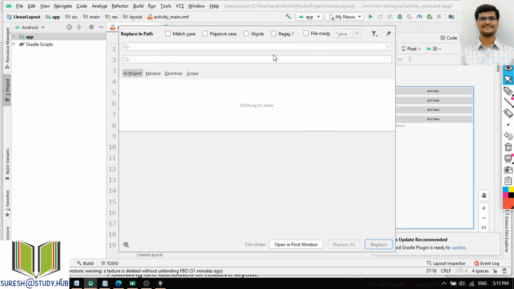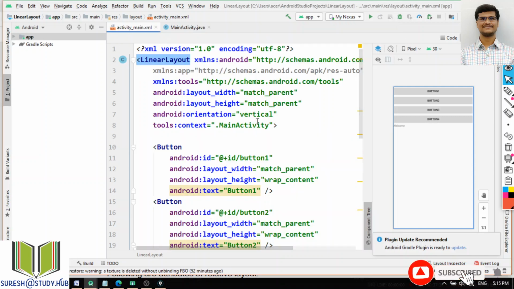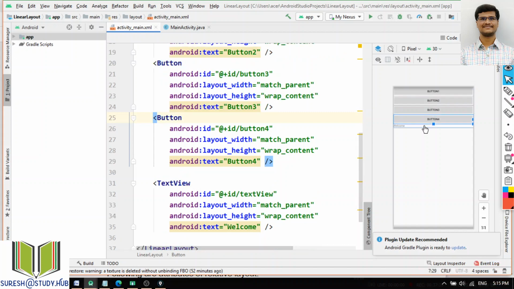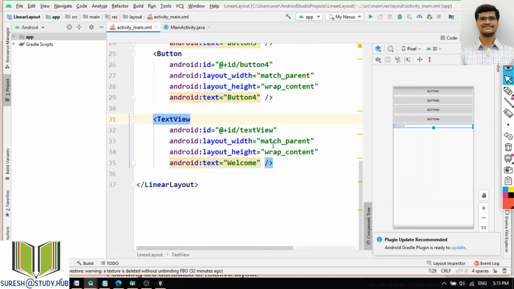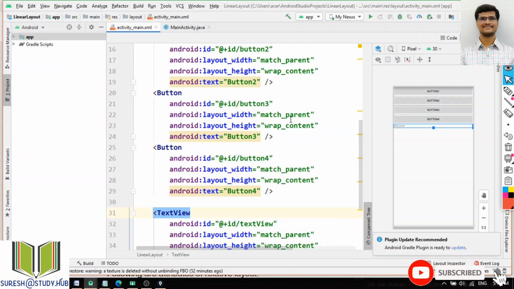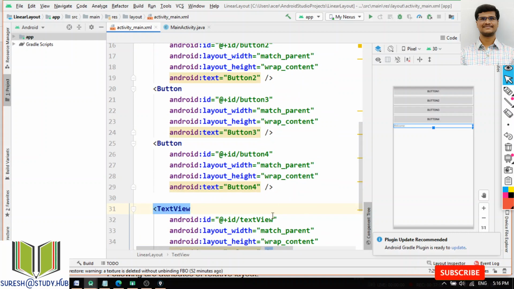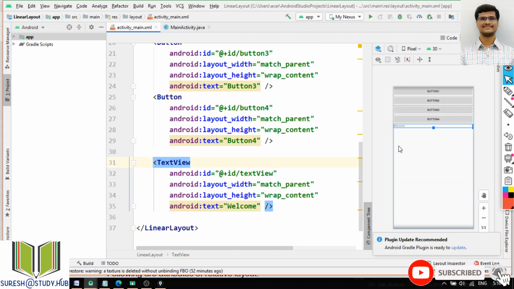So this is your vertical. If I mention it as vertical, this is your button 1, then button 2, button 3, button 4, and this is your text view. So mostly whenever I am using this vertical, I will use this match parent for the width and height. We will use this wrap content. Okay. So even for the text view also match parent and wrap content.